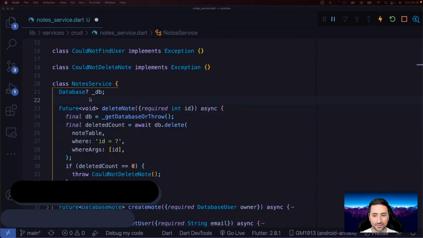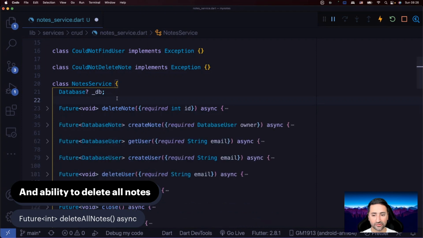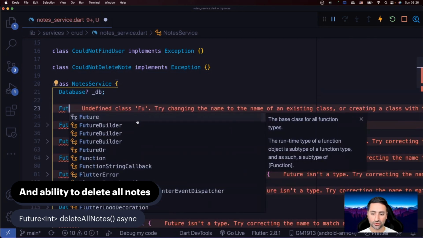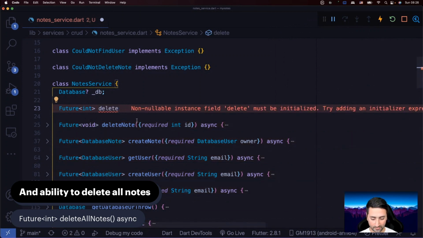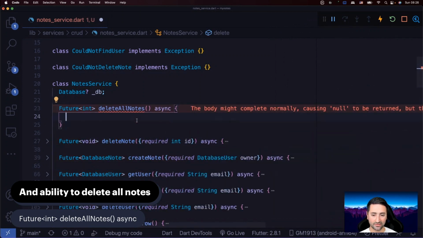All right, then what we need also is the ability for us to delete all notes from our database. How do we do that? As you can see, we need a function called future int, which indicates a number of notes that were deleted from the database. We call it delete all notes, and it's an async function here. Okay,